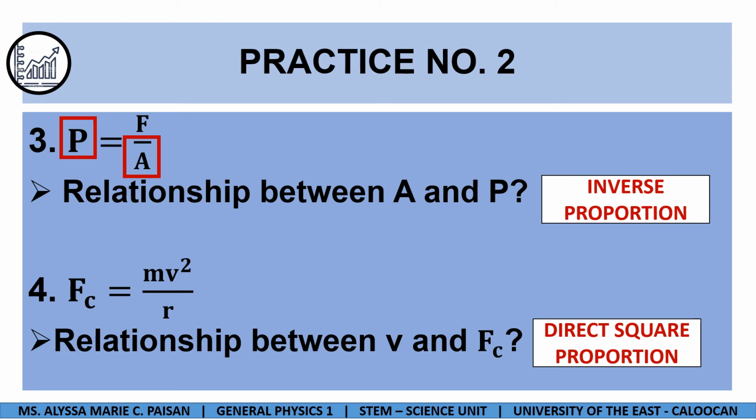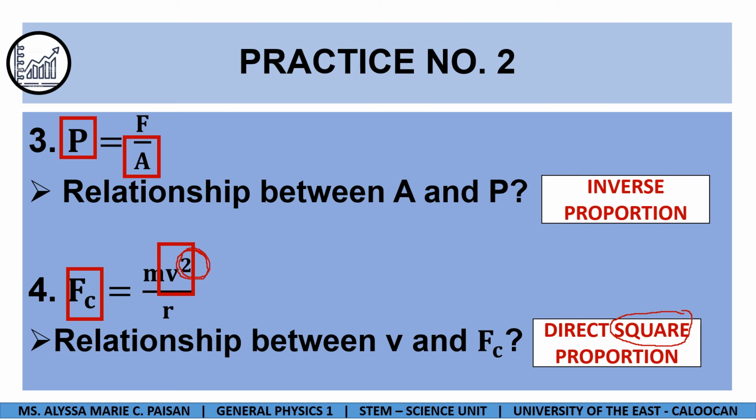F sub c is equal to mv squared all over r. Your task is to know the relationship between v and f sub c. I have accidentally revealed it, and here it is. Direct square proportion. Now, why does it have the word square here? Why not only direct proportion? If you're going to look at the equation, FC is in the numerator and V is in the numerator. But look at V. V has an extra square